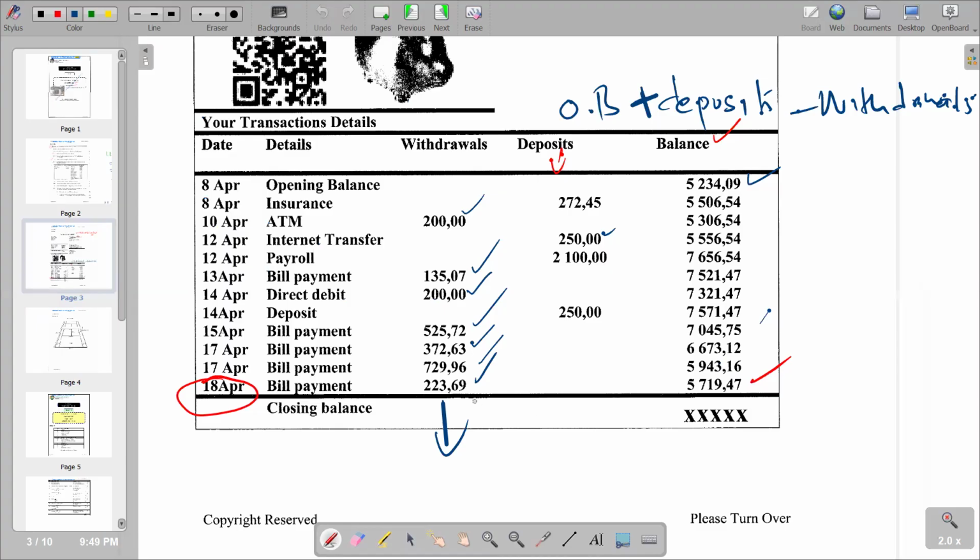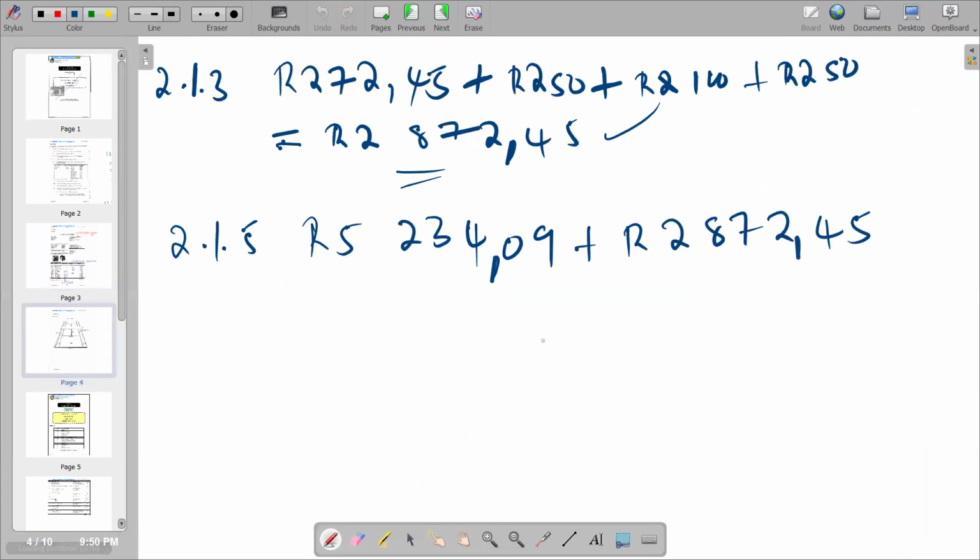So the total is going to be 2,387 rands 7 cents. So basically, this becomes the total for withdrawals, 2,387 rands 7 cents. So we are supposed to subtract it there by saying minus 2,387